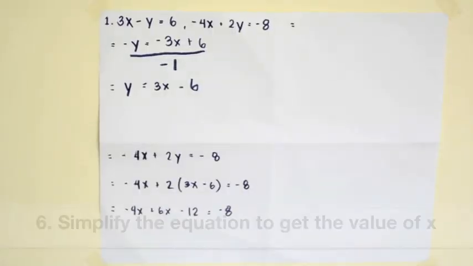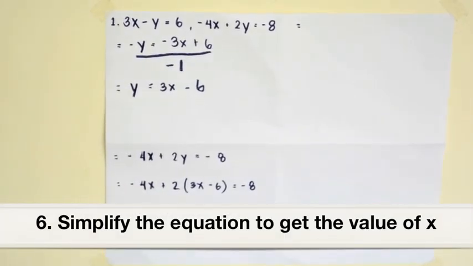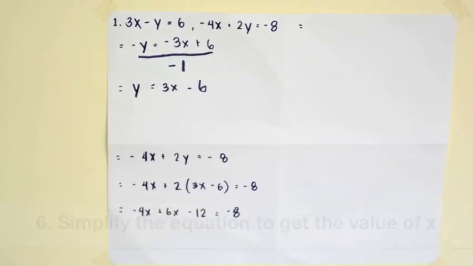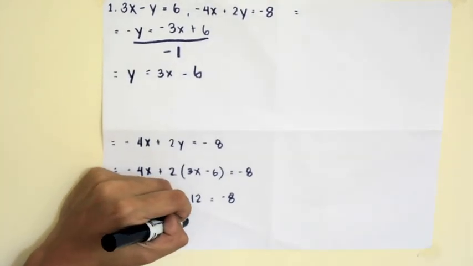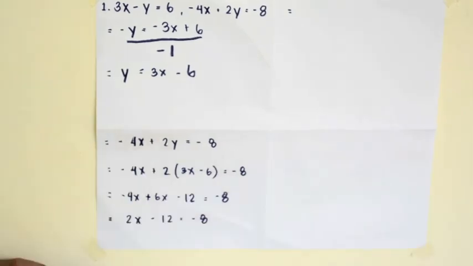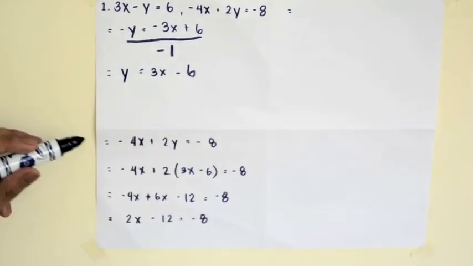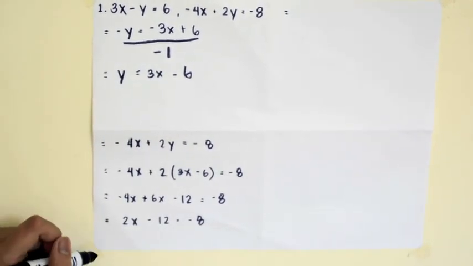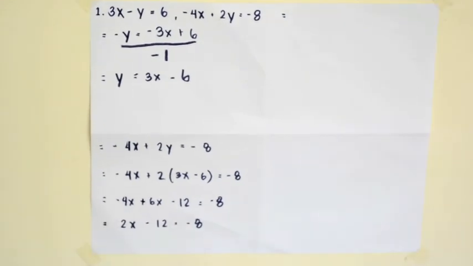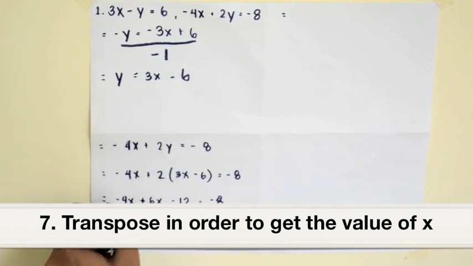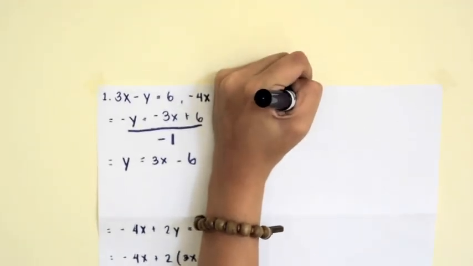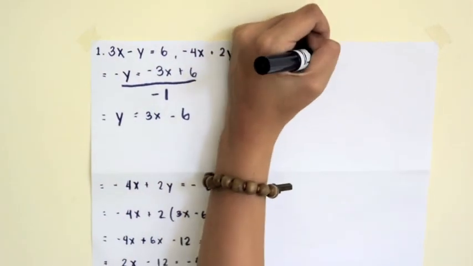Now add the x so that we can get the value of x. It's going to be 2x minus 12 equals negative 8. We do the same thing as the first equation in which we simplify the value of x. Since x is in 2, we will transpose negative 12 to the other side so that we'll be able to put aside 2x. Write that as 2x equals